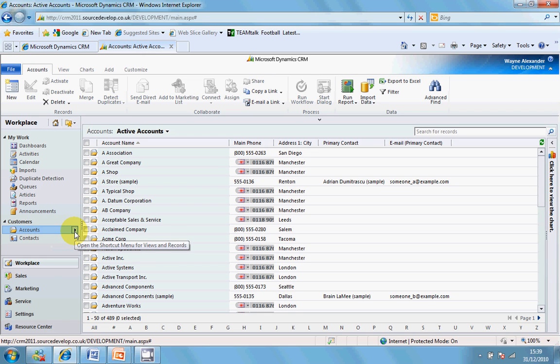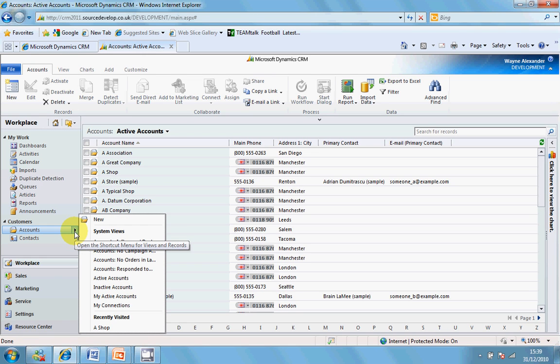a flyby menu which you can find when you hover your mouse over the particular entity type that you want to go into. So you can see now that we can take a look at all of our system views. Now you'll also notice that at the bottom of the screen there are no longer personal views. We have something called recently visited. So what would happen here is